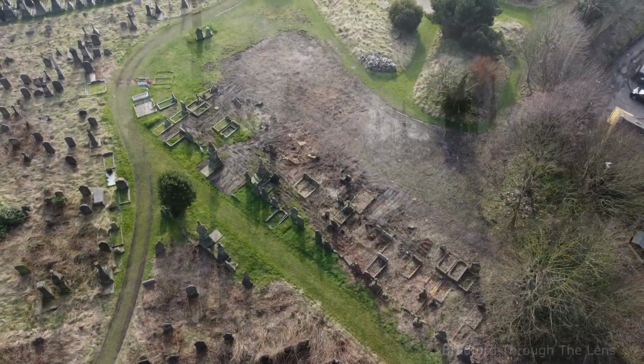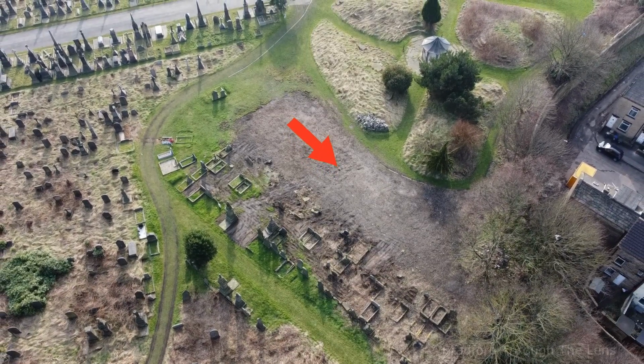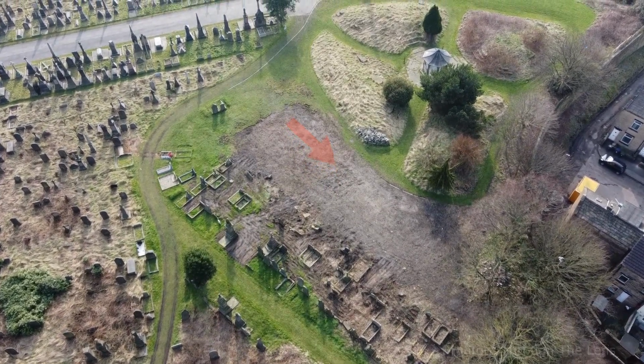Just as you walk down this promenade at the Undercliffe Cemetery, on your right hand side there's a vacant piece of land. And we're going to pose the question in this video, were there any burials from the past? Are there any remains? Because there's some doubt if there are any burials here. And this is going to be a kind of a bit different episode of Bradford Through the Lens, because we're going